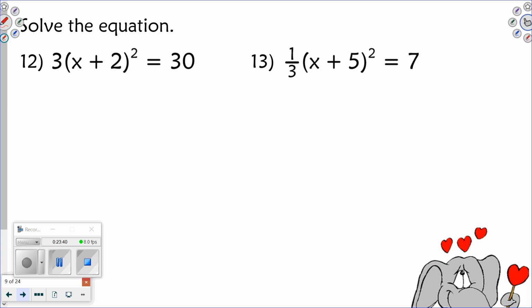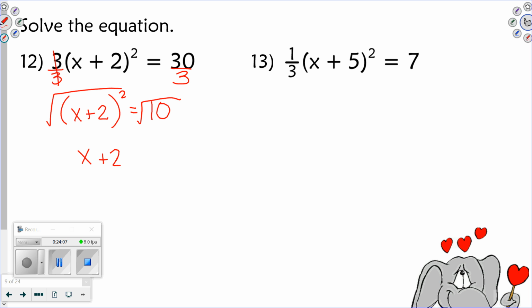All right, so number 12. What do I do with that? Divide by 3. All right, so we get x plus 2 squared equals 30 divided by 3, 10. Okay, I got the parentheses squared isolated, so we will take the square root of both sides. The radical and the square will cancel each other out and leave just x plus 2 equals the square root of 10. But don't forget your